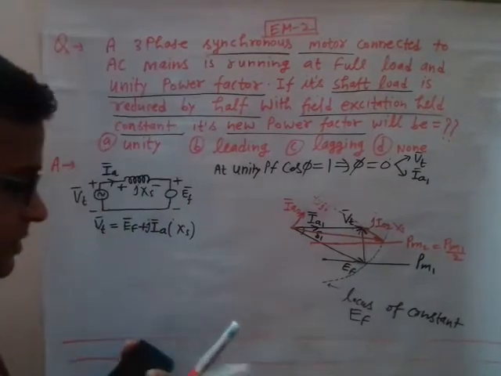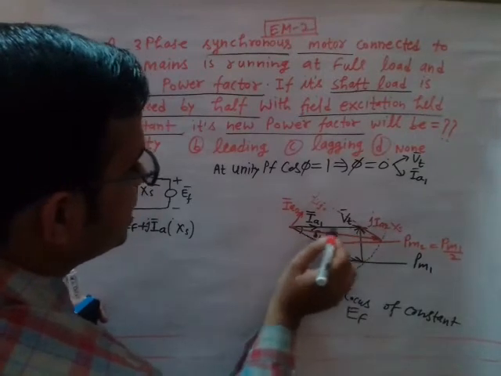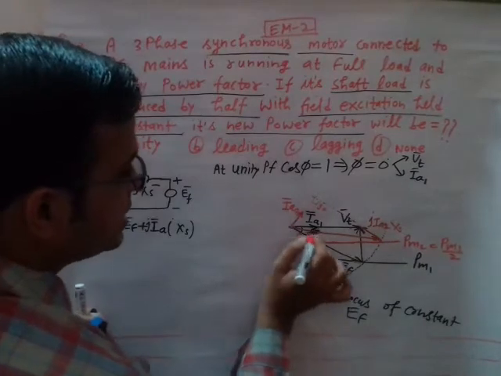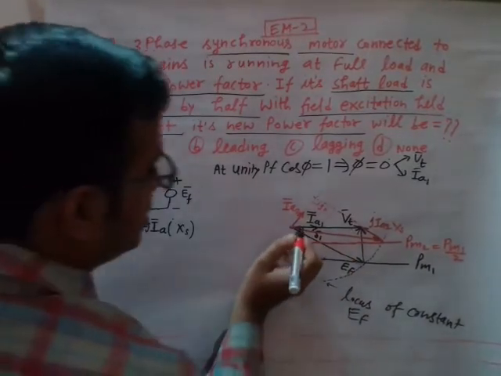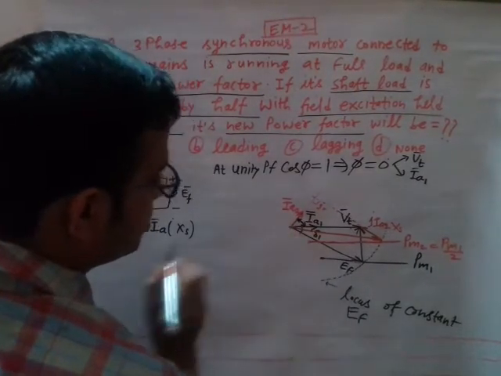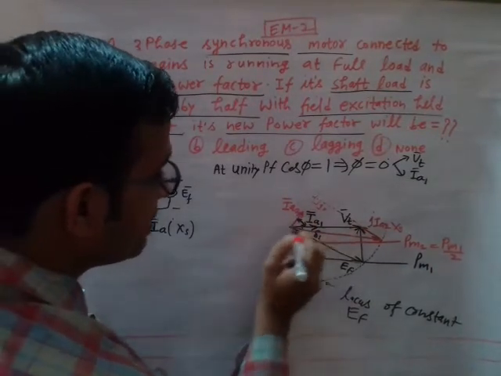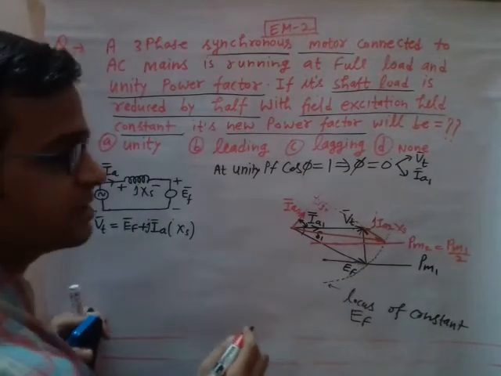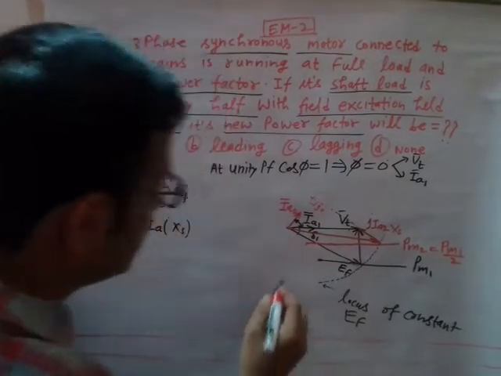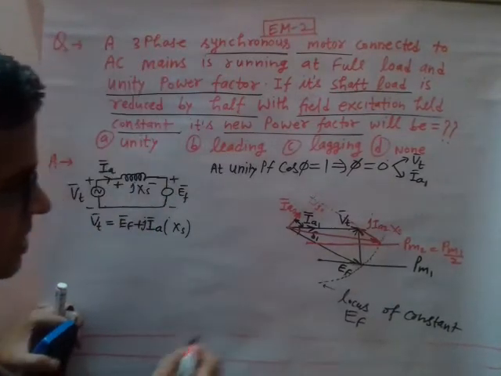So as you are observing here, just analyze this. IA2 in this new case is leading this terminal voltage VT, isn't it? IA2 is leading the terminal voltage phasor, right? So now the new power factor angle phi 2 will be this much. This is the new power factor angle which is leading with respect to the terminal voltage phasor. Terminal voltage is always taken as a reference, right? You should take terminal voltage as a reference while making the phasor. The same we have done here. So IA2, the new armature current, is now leading this terminal voltage VT.